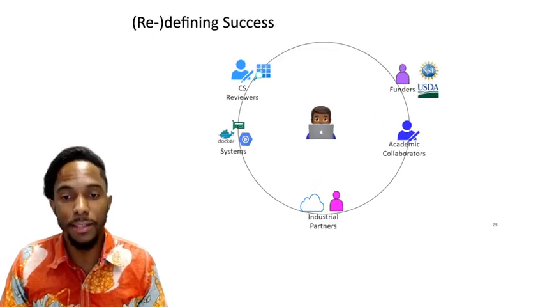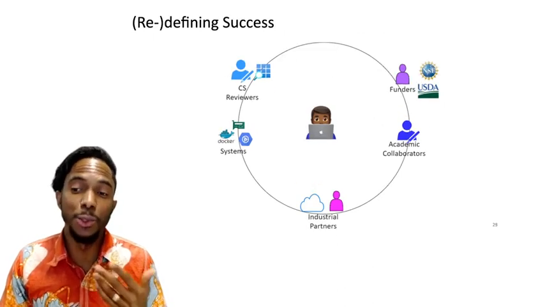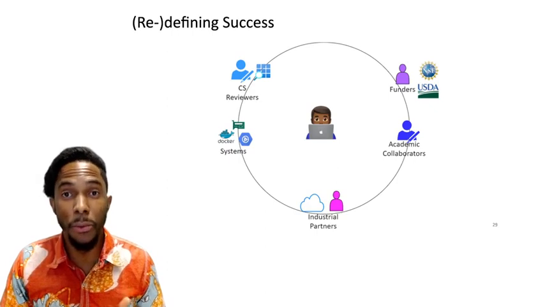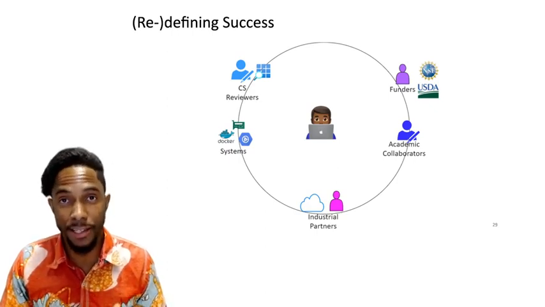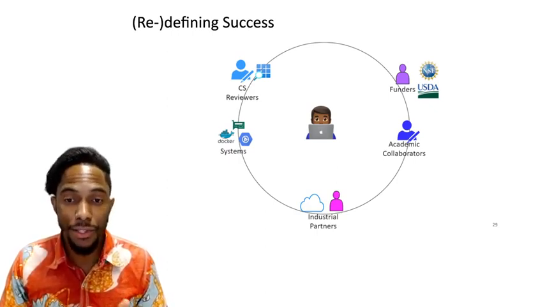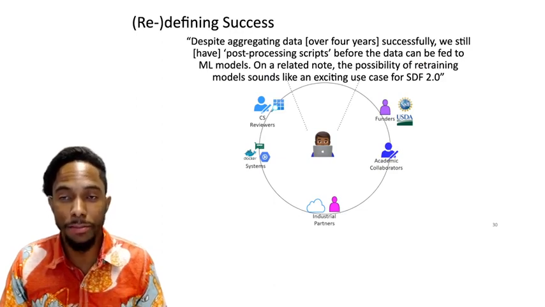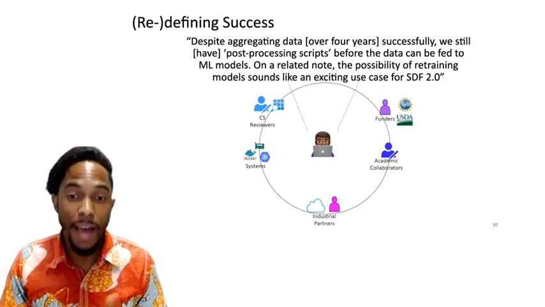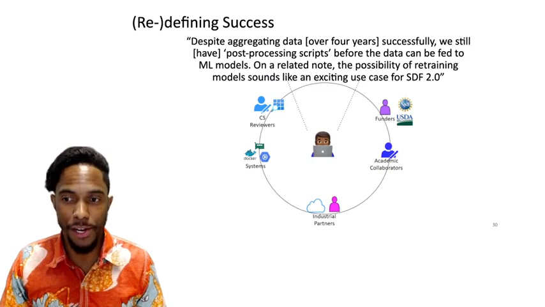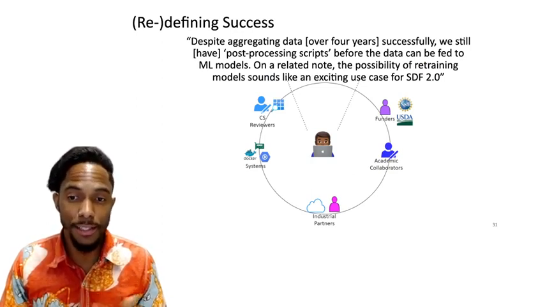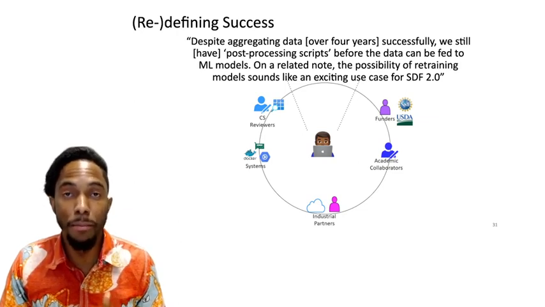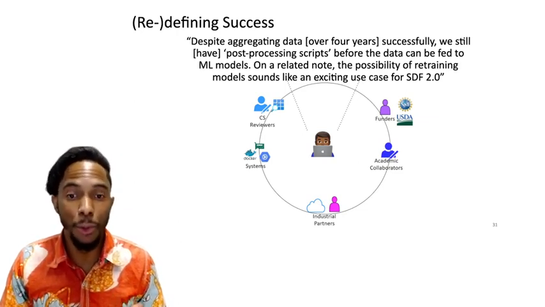Working across the different stages then, we constantly had to realign with the different stakeholders on what we would consider collectively as progress or success. Consider the above reflection from a technical progress meeting in 2023. We had a functional prototype that had been running for 4 years, but the system was not completely automated. For it to function successfully, we still had to manually run post-processing scripts before we could feed the data into